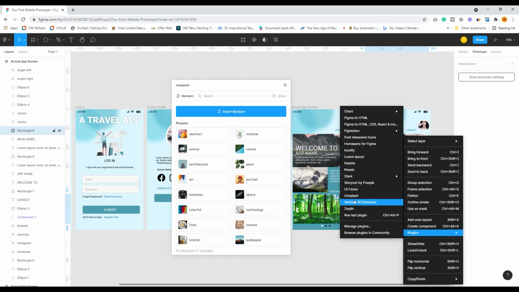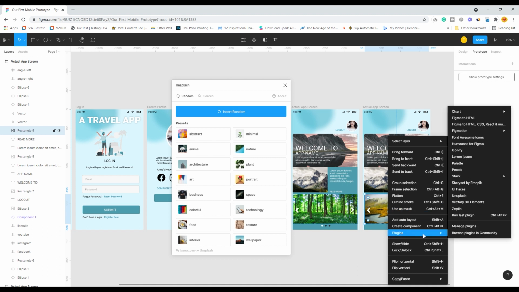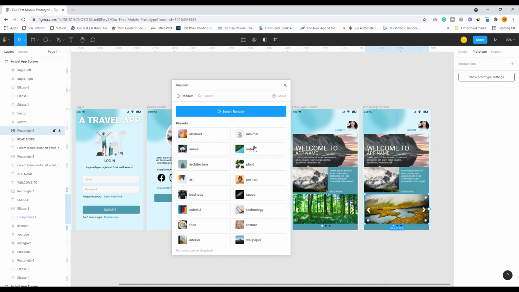Here, change the plugin. Change this nature image. Something totally different.